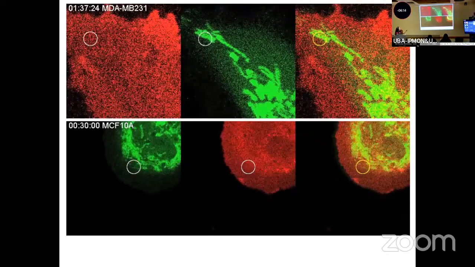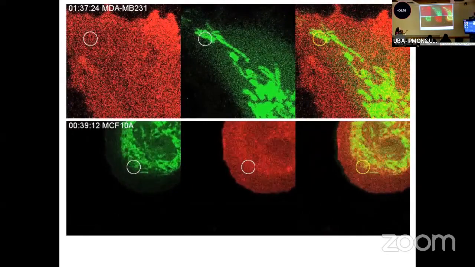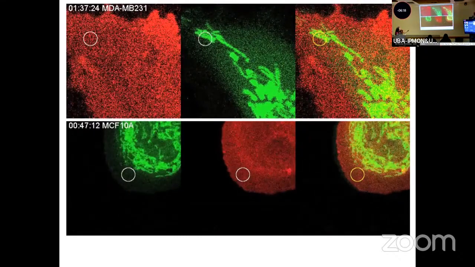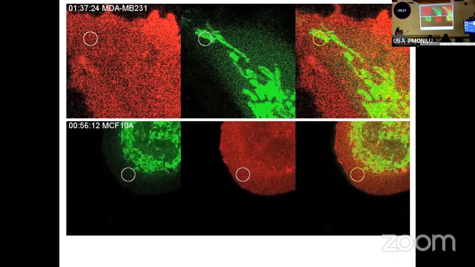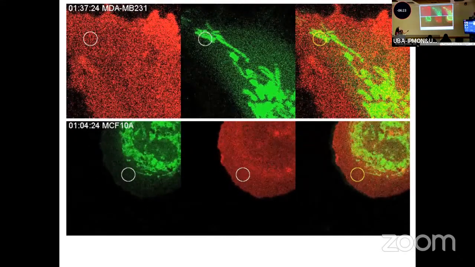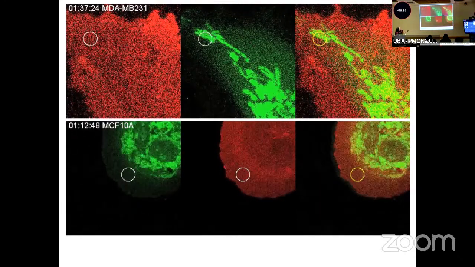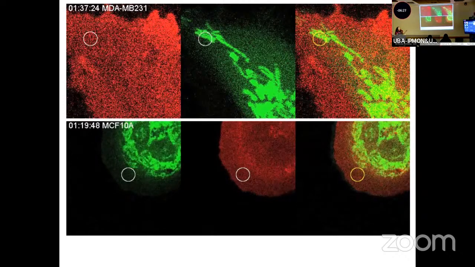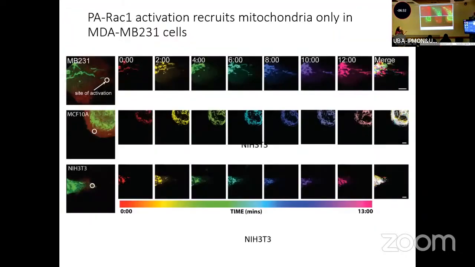And then I told my student, you're too close to here. Why don't you move the beam? So the edge of the cell is here. And then she's going to move it, and she moves it here. And then we don't see too much recruitment. We don't see any recruitment of mitochondria there. So we did perform a lot of experiments,